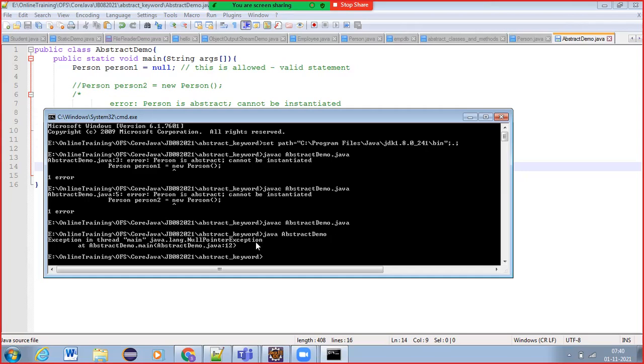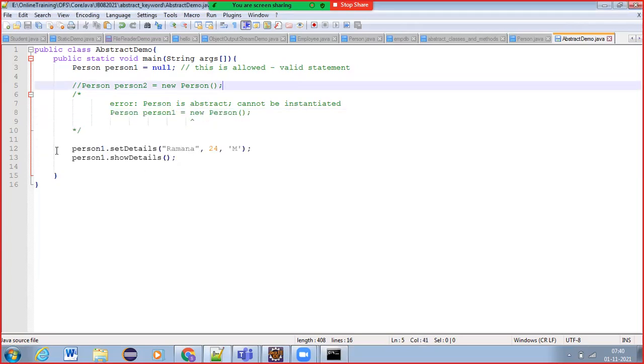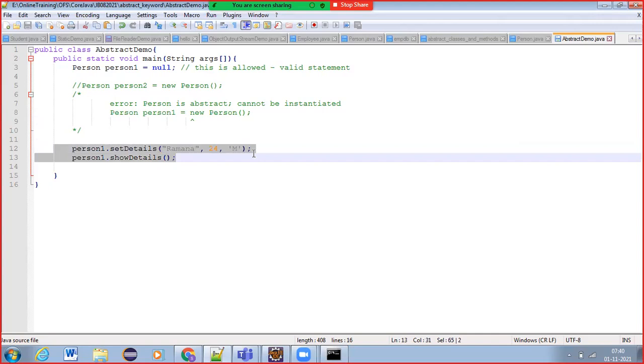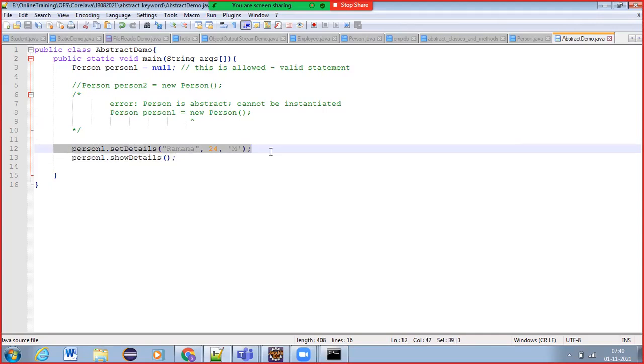A null pointer exception at line number 12. If you see AbstractDemo.java colon 12, that means wherever I am trying to call the method on the reference variable, this person p1, it will give me an error.